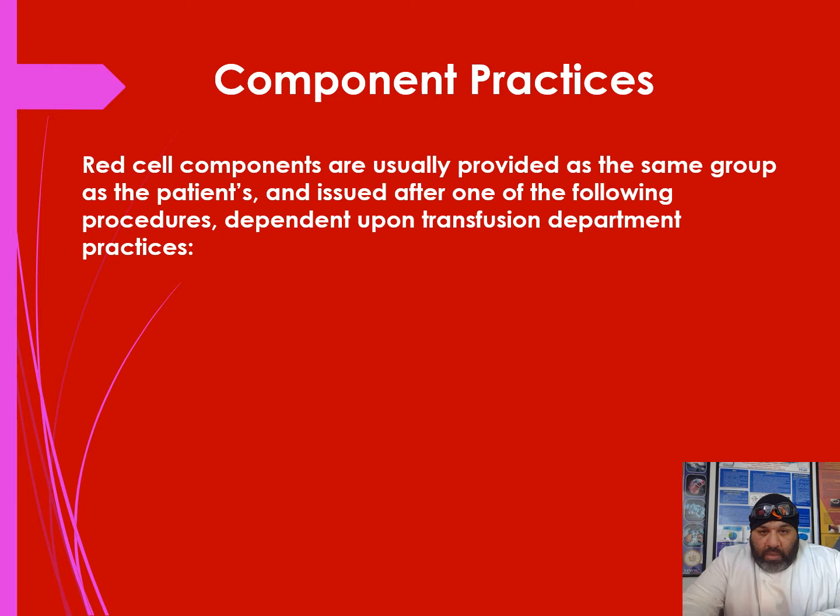So red blood cell components are usually provided as the same group as the patients and issued after one of the following procedures, dependent on the transfusion department practices. Transfusion laboratories would do a direct cross match if there's no history on a patient or an individual who needs blood transfusion. Electronic issue, again, if there's no clinical history or transfusion laboratory history on a patient. And electronic issuing of red blood cells is